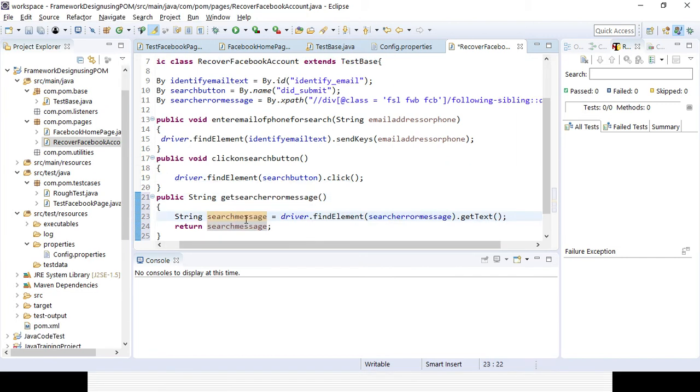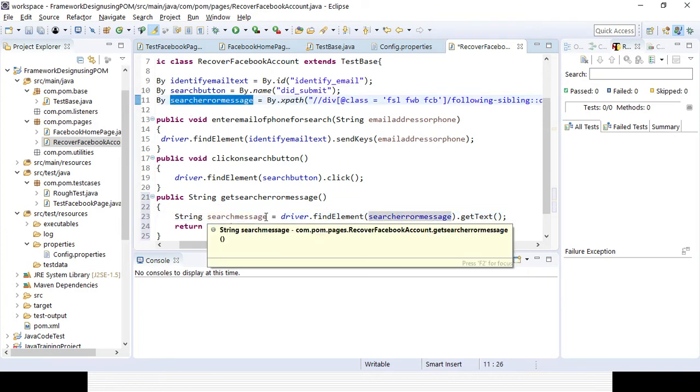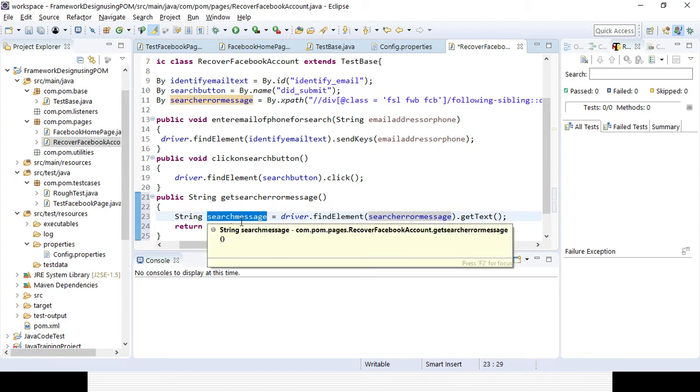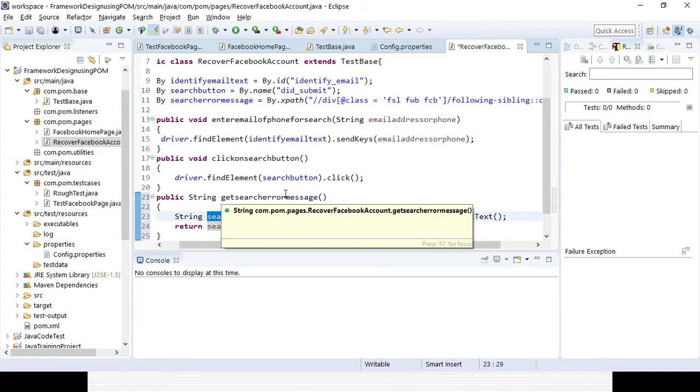It was because I was giving the same name right here as the element name, so it was not taking it and was throwing an error. Now it is fine because I changed the name to search message.